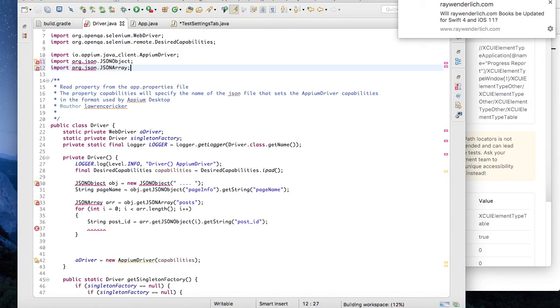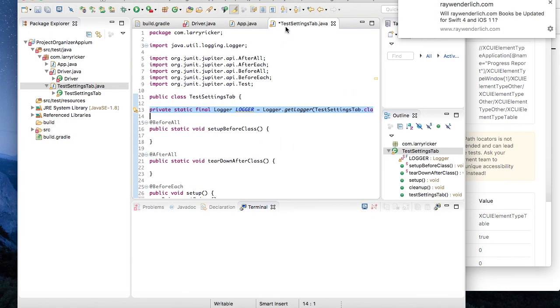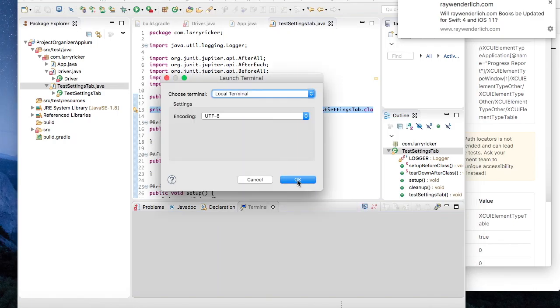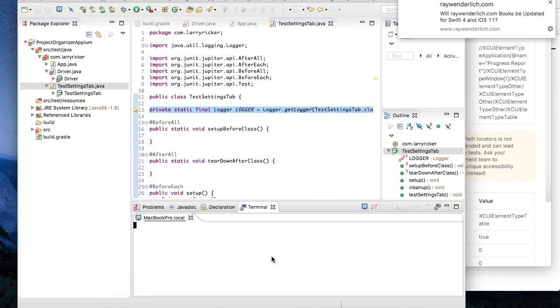Okay, so those aren't setting up, so let's fix that. Gotta save everything before we try to mess anything up. Terminal. Okay, so what are we going to do? We're going to do a